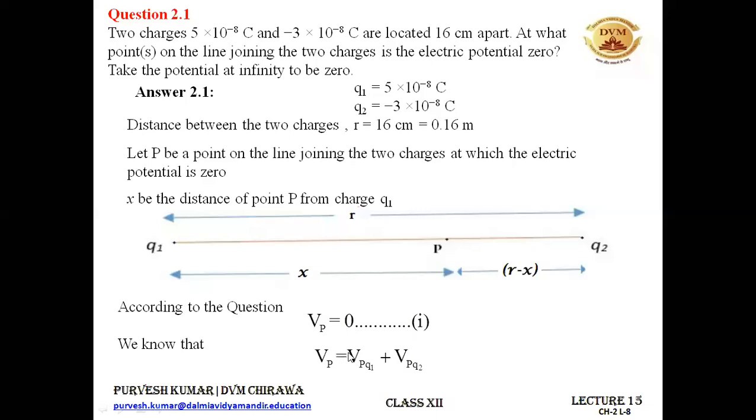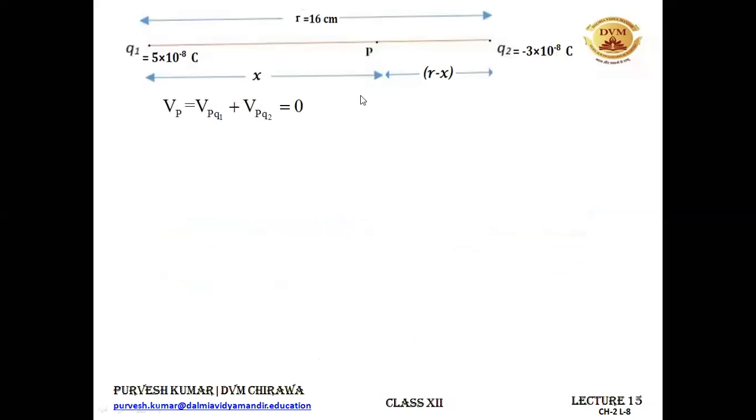Now we need to find the electrostatic potential at point P because of the charge Q1 and the electrostatic potential at point P because of the charge Q2. So we can do it like this, and then we can equate this Vp equal to 0 from our equation number 1, because we know that at point P, the electrostatic potential is 0. All right. So let's write the formula for Vp because of charge Q1.